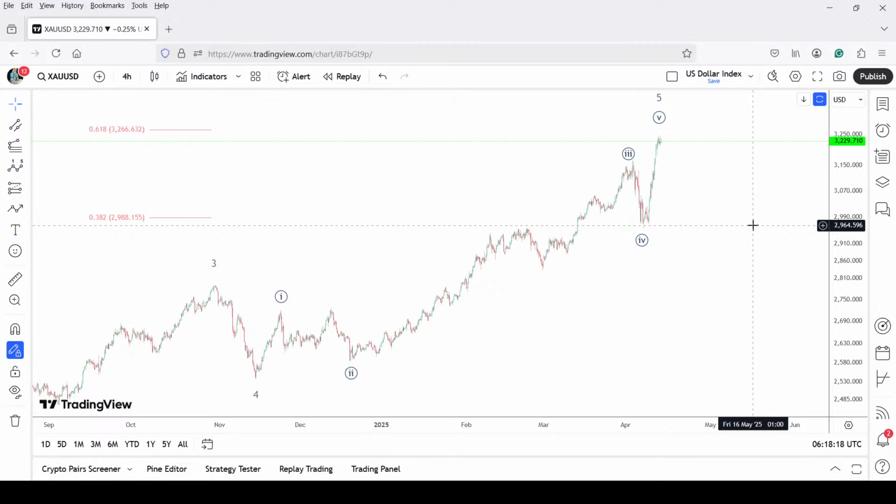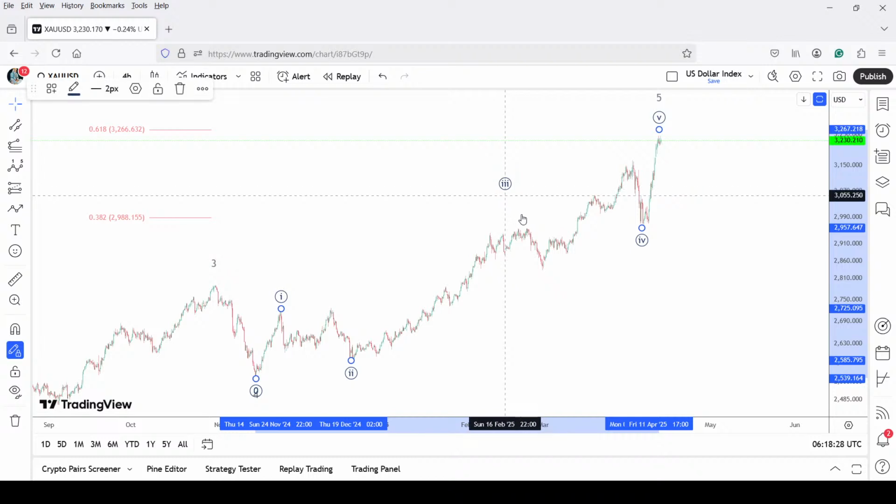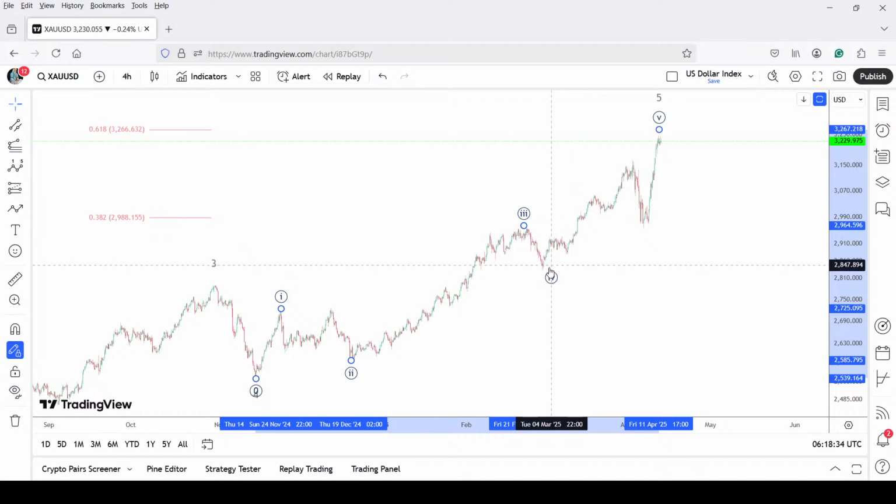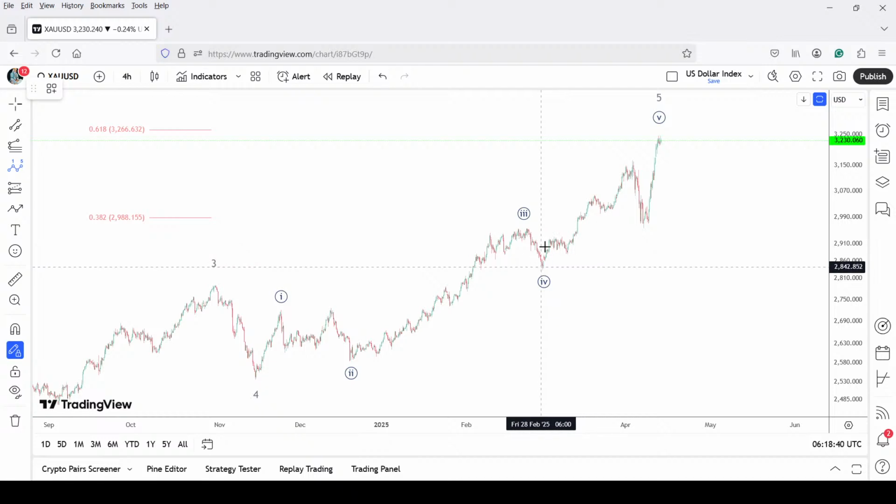The reason being an alternate count which we have suggested in the previous session could be wave 3 and 4 already completed as we discussed earlier. This is an alternate count though, and right now what we are seeing is let me bring out the wave structure. Now that is 1, 2, 3, 4 and 5, so it could be plotted as